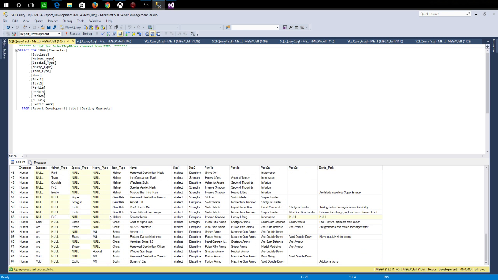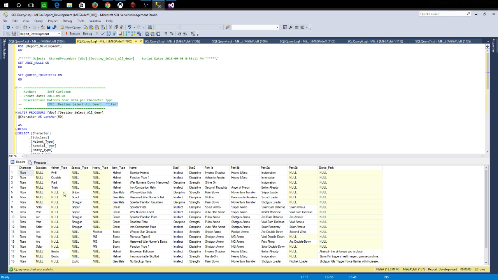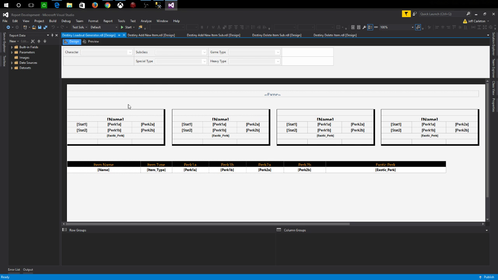So I created this table and put all my records inside of it and started building stored procedures from there. First one was just selecting all of that with an input of just a character, and it would give me all of my Titan gear. That's pretty straightforward. And I came over to Visual Studio and started building a template for a report,